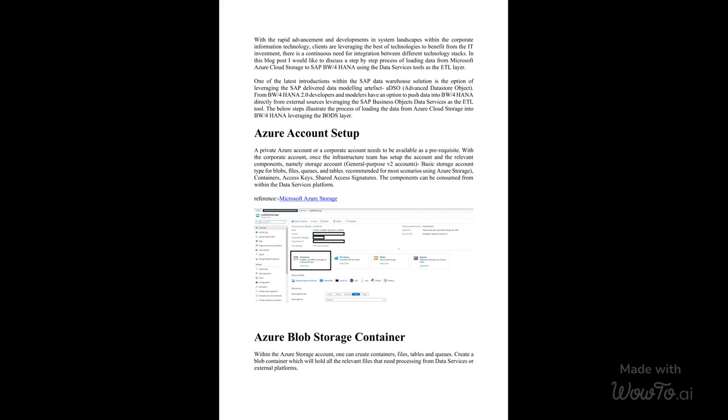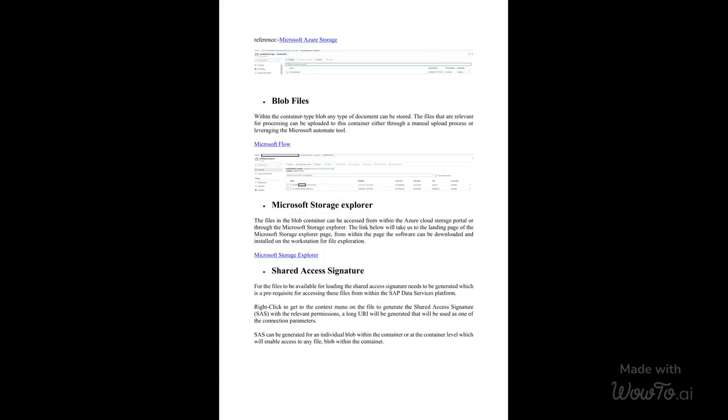Once these components are set up, a blob container can be created within the Azure Storage account to hold files for processing from Data Services or other external platforms. Azure Blob Storage allows storing any type of document within the container type blob. The files can be uploaded manually or through the Microsoft Automate tool. The files in the blob container can be accessed through the Microsoft Storage Explorer, which can be downloaded and installed